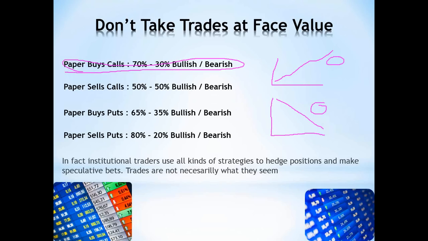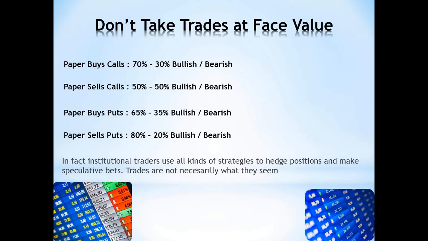The chart tells me where the momentum is and what the direction of the general trend is. Typically speaking, institutional traders are not coming in and trying to call bottoms or call tops or pick bottoms in stocks. Typically, that's not what they're doing. They try and trade with momentum and with trend. So understanding that simple fact helps me determine whether orders are speculative or whether they are hedges.